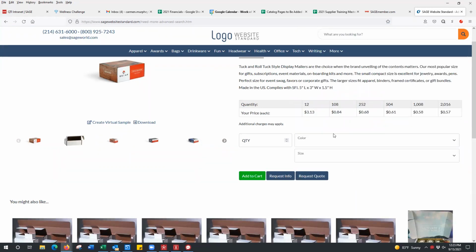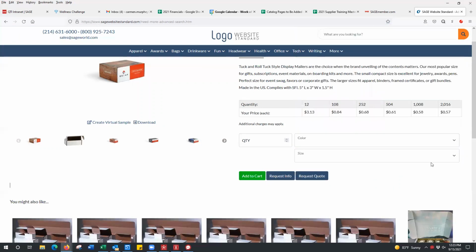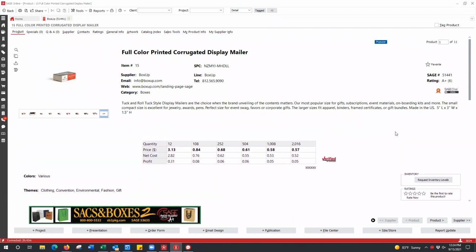Yeah, because we even do this format with apparel. A lot of times when you get to the 2X and plus, they have different pricing. And some of the awards are done this way too. Well, I'm just wondering, Carmen, we were looking at some of the other competitors on Sage, and we were coming up with 11 products, and they were coming up with dozens of products, and we're like, whoa, wait a second, why are they getting more visibility than we are? They're not getting more visibility. That's the thing.